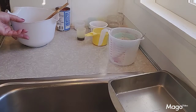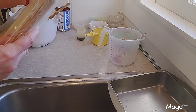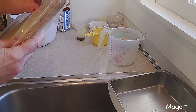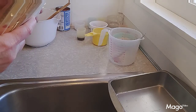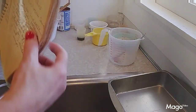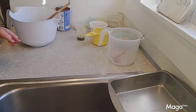Okay, now first thing I'm going to do is tell you about the ingredients, but I want to tell you a little bit about the recipe. It says it's good and fairly easy, and I got it from a FHA cookbook in 1992. So that's how old this recipe is. And as you can see, it has fairly a lot of ingredients, but it's pretty simple to make. Now, the ingredients are